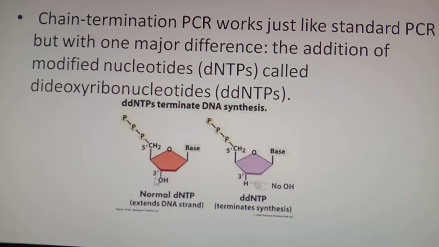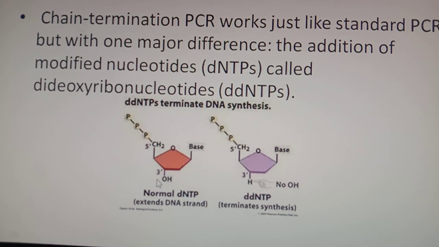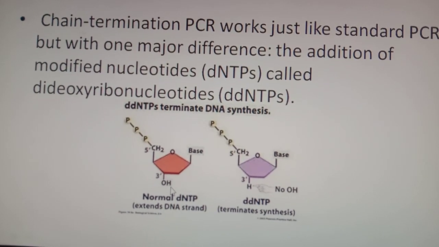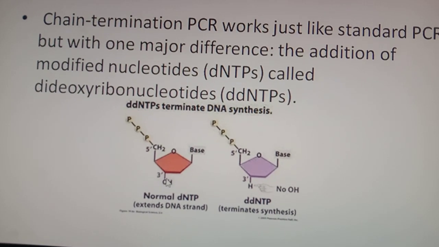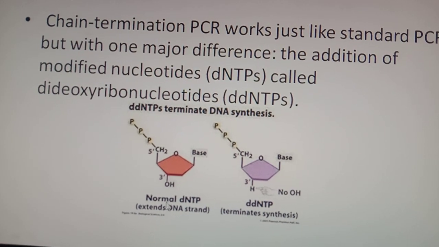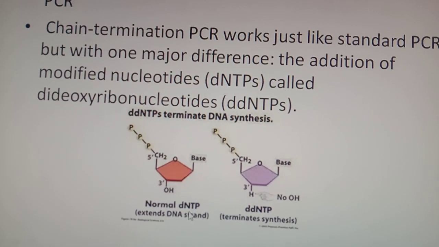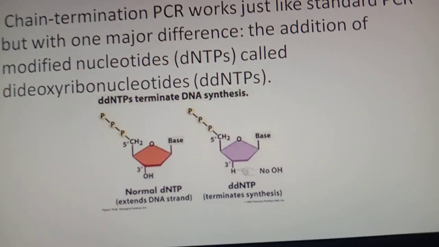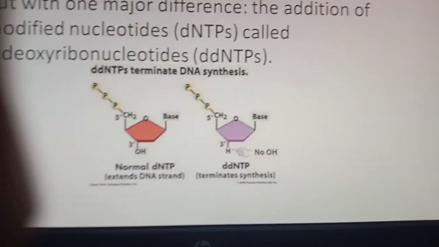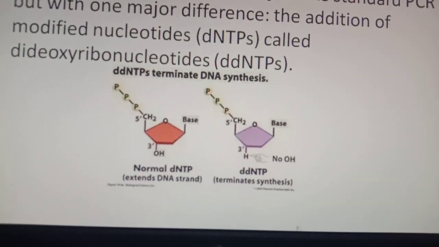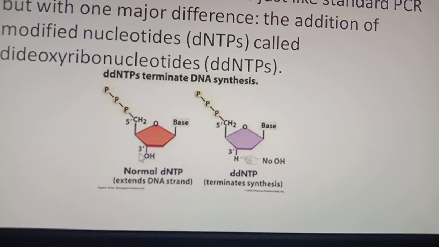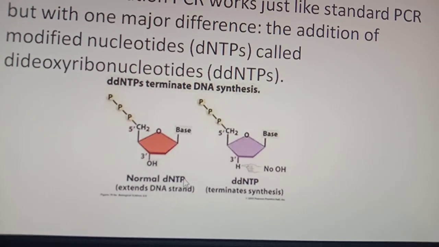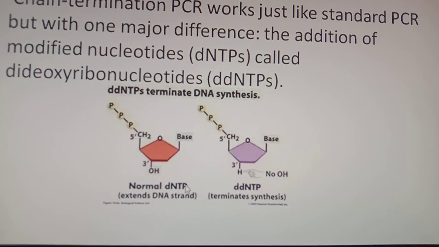You know the importance of this particular group, as we have discussed in the PCR technique. Whenever a new nucleotide is added, this particular OH is linked to the phosphate group of another nucleotide, and thereby the chain will extend. During chain extension, when the polymerase adds the dNTPs, it makes a phosphodiester linkage between the 3' hydroxyl group of one nucleotide and the phosphate group of another. Thereby it adds a new nucleotide.